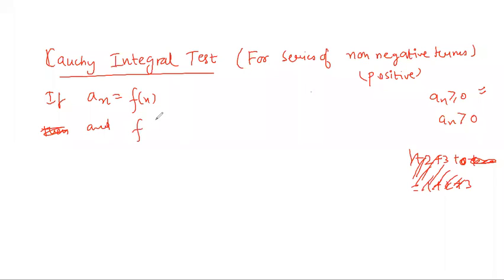The function f(x) should be continuous. In the function sense you can write f(x), x being the general variable, or you can write f(n) also, that's okay. It's continuous, it's positive, and it is